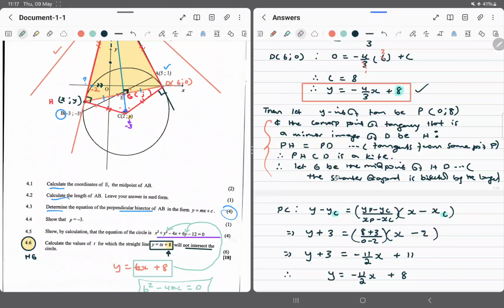So maybe let's write this one better so that it's clear. I feel like it's gibberish the way I wrote it. We can say the shorter, maybe let's start over there. We can say the shorter diagonal is bisected